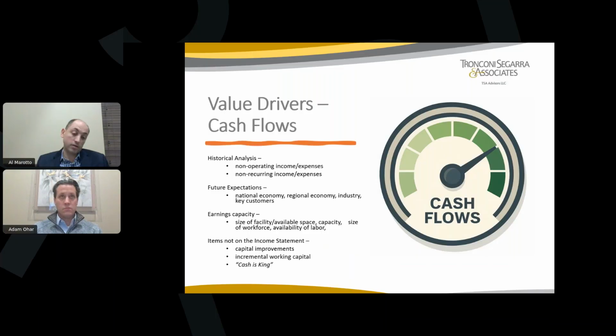And then finally, this term incremental working capital. As your business grows, you need to keep cash in the business to sustain that growth and to capture that growth. So if you're selling more inventory, you need to have cash available to buy more inventory, to hold more inventory on hand. If you have to tie up your cash in inventory, that's not cash that comes back in my pocket as an investor. That's cash that sits on my balance sheet or in my business.